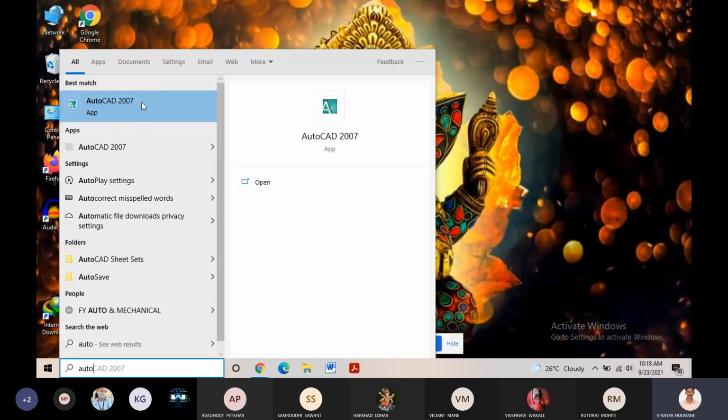Then you just click on this AutoCAD icon, which is available for your AutoCAD software. If this file is correct, just click on this icon, and then it will open AutoCAD 2007.